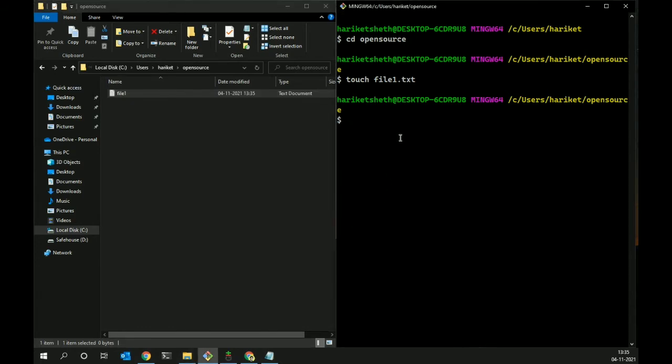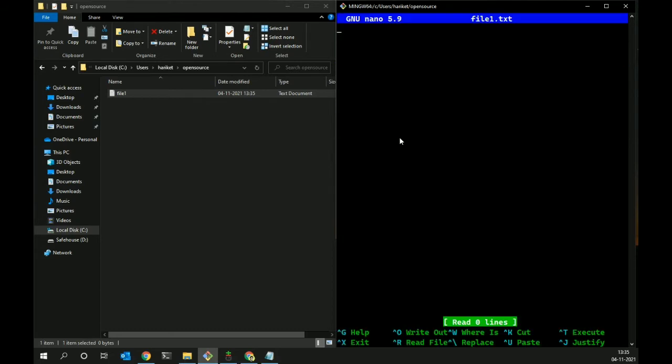Okay, so it's completely empty. Now I can use the nano command and type the file name to edit the contents of this file. You can see it's a completely empty file, nothing is printed here. Okay, now I can add anything here. Let me add, my name is, some contents basically in the file.